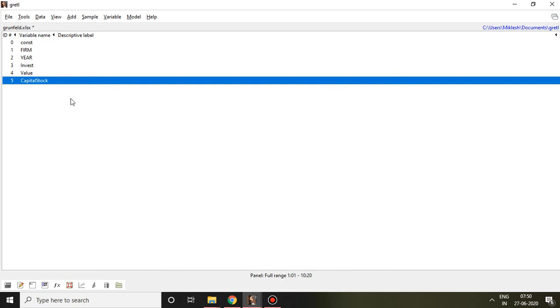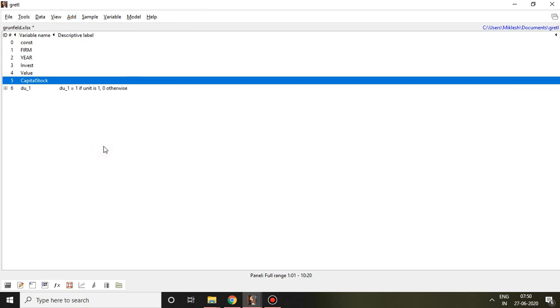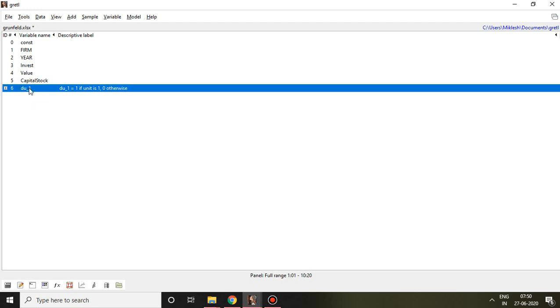So in order to create unit dummies, go to Add and Create and click on unit dummies. The moment I click on unit dummies, I find here dummy underscore 1. Basically, this unit dummy is the dummy variable of the different companies used in this data set.